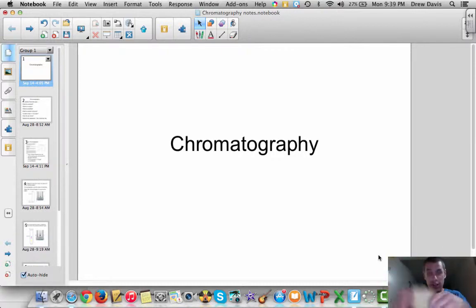This is a coffee filter. And what I'm going to do is use the material of the coffee filter to illustrate the concepts behind chromatography. If I take a coffee filter and tear a piece off of it, and I have a cup of water and I'm going to do something really stupid and hold it over my computer, if I take this coffee filter and put it in the water,